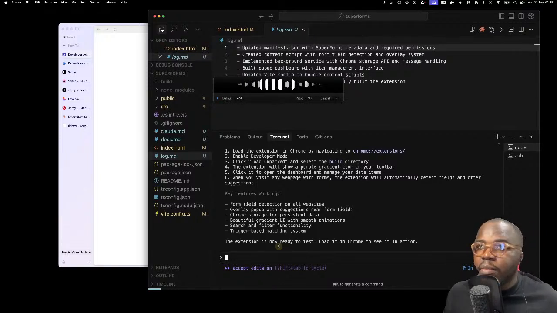Great. The first build works, everything's great. But now let's fix some bugs. When a form input is filled and has a value, don't suggest anything for it anymore. Secondly, there should be a floating button that shows up aside the suggestion.